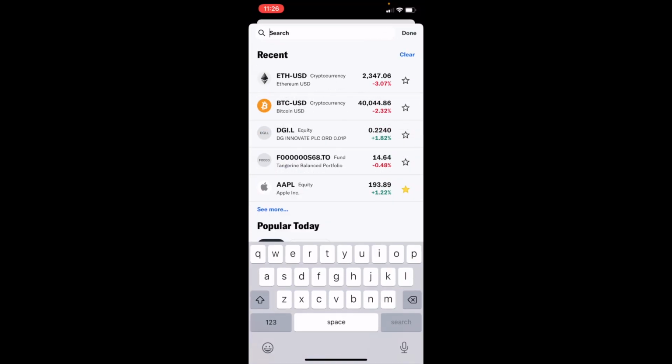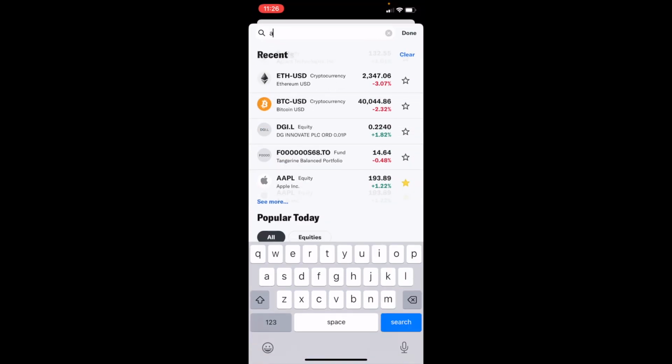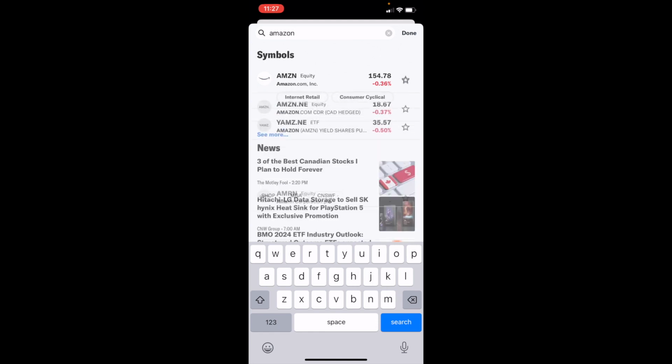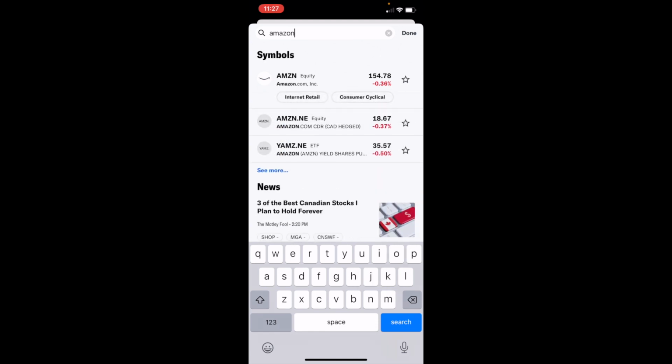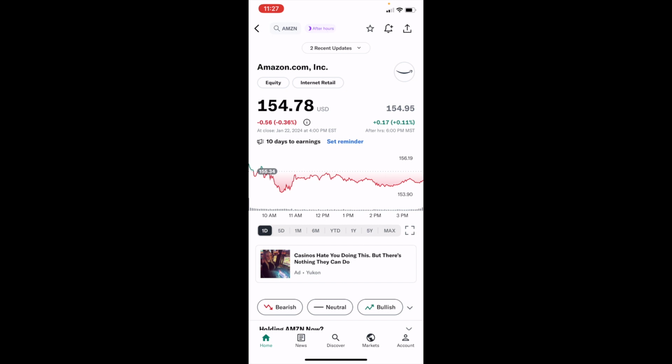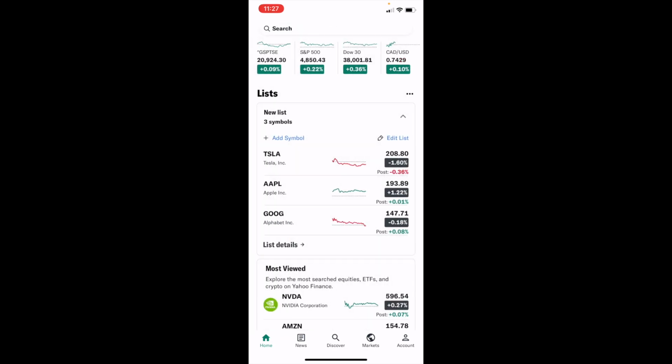And for example, if you're looking for a specific stock, we'll just search up Amazon, ticker symbol AMZN. Amazon is right here. Another way you can do it as well, perhaps if you don't know what stock you're